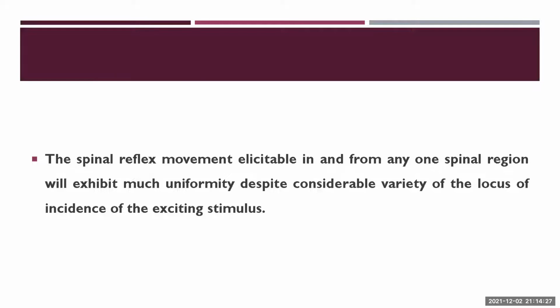So for example, in case of a flexion reflex, if we give a stimulus under the sole of the foot, the three joints, that is the ankle, knee, and the hip, will produce the flexion reflex. Okay, and it is not dependent on the area where it is stimulated. So he is saying that the location of the incidence of the stimulus will only influence the character of the general movement executed by the limb. So that is what this rule says.